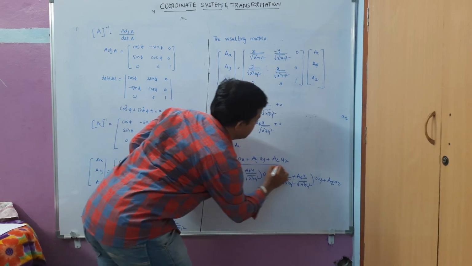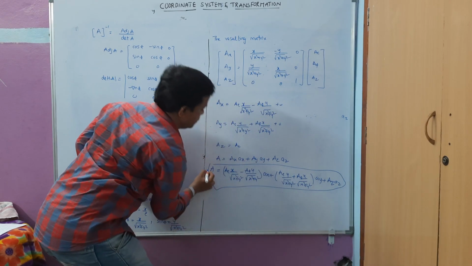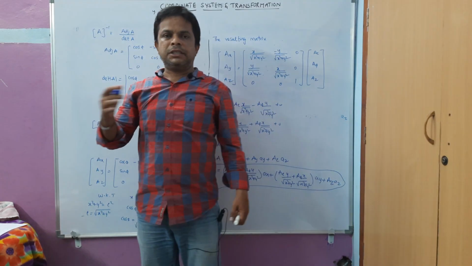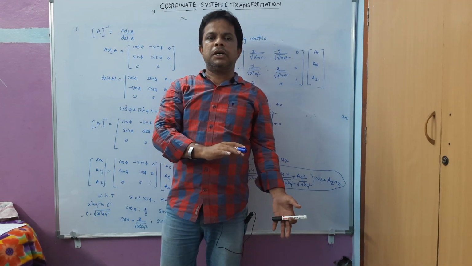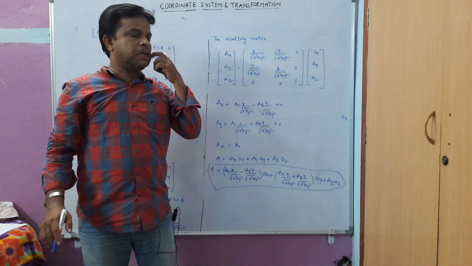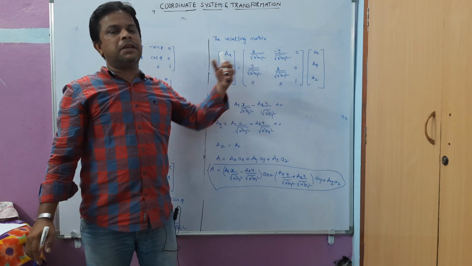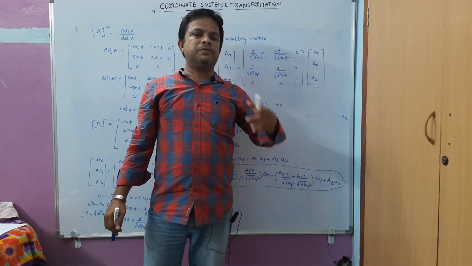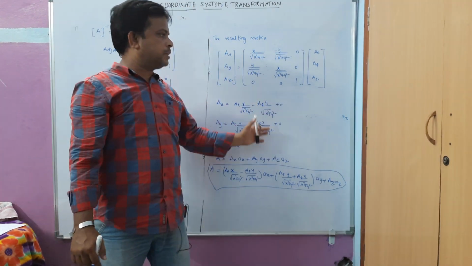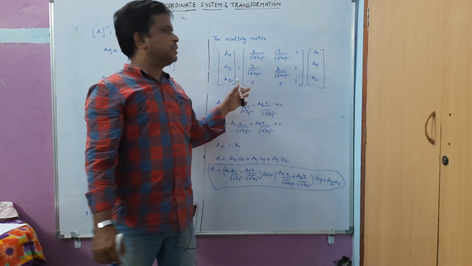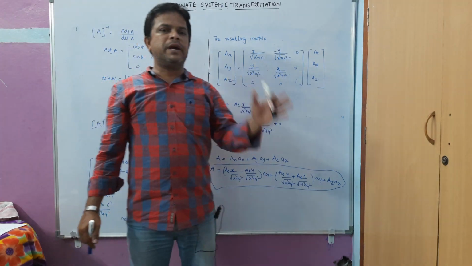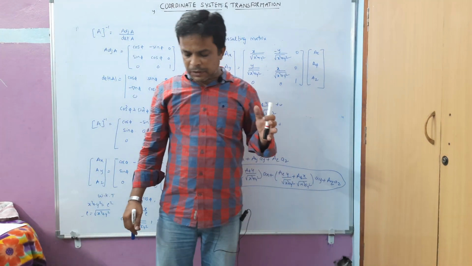So we have got the final equation. We have got the transformation from rectangular, that is Cartesian, to cylindrical and cylindrical to rectangular, vice versa. This matrix is useful to calculate the problems relating to the transformation from rectangular to cylindrical and cylindrical to rectangular. We just have to remember the procedure. Don't learn any equation by heart, just remember how to do it, instead of memorizing the equations. So we'll stop here.